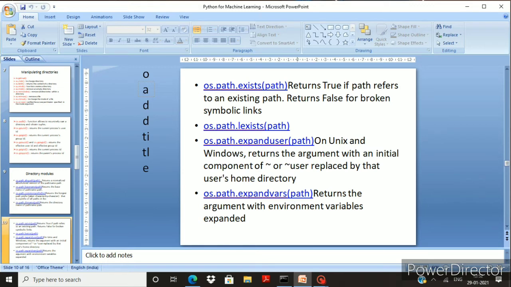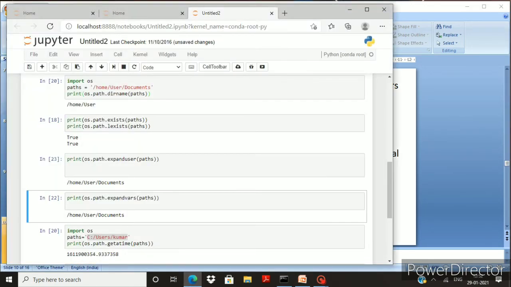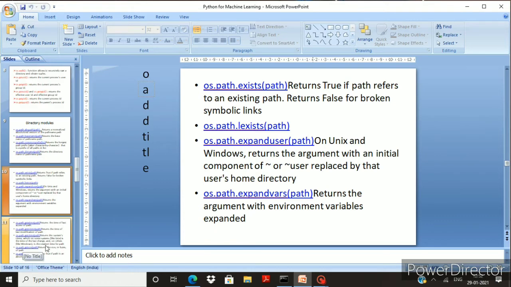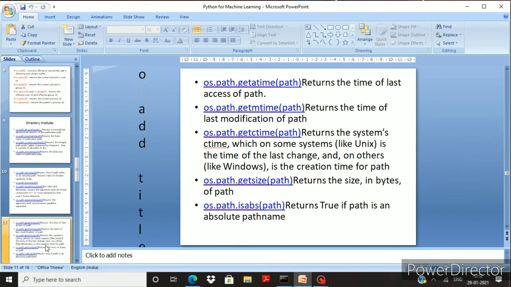So both will return the same value. I will show you how this works. Look here, this is the path and I am going to execute this. Look, the same results, so no change. They don't have a particular difference, because they do the same job.